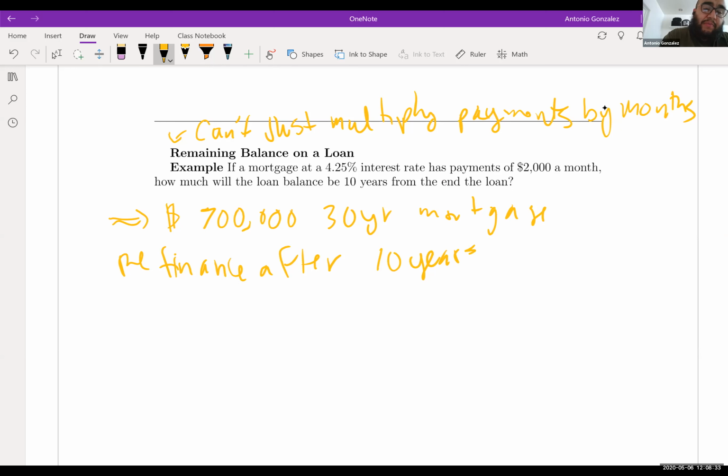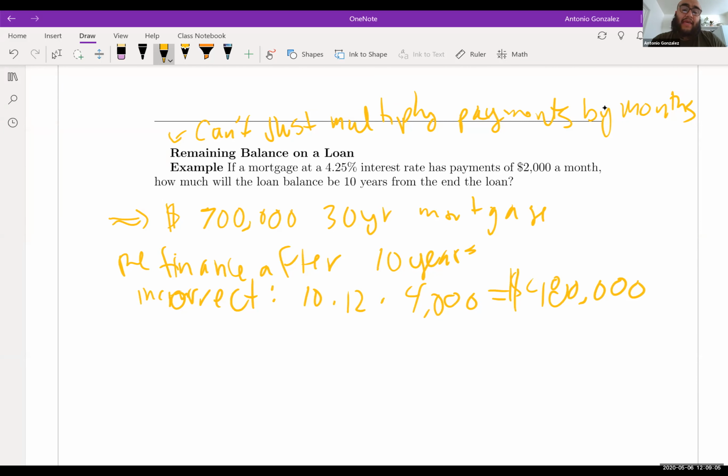All right, so it would be incorrect to take, there's 10 years times 12 months per year times, let's say my payment was $4,000 a month. All right, so that would be incorrect, right? If you did that, you would say, all right, that means that I would just take 10 times 12 times 4,000. And then that would mean I paid so far